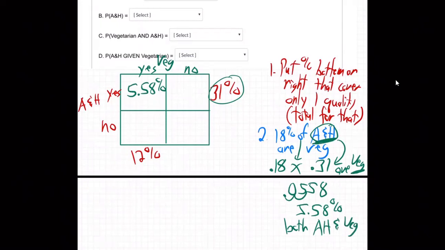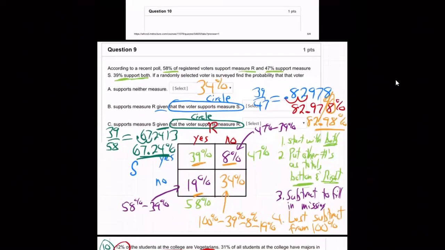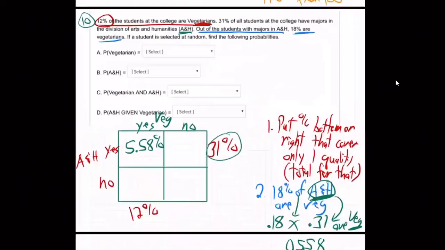I know that's a tricky step. Does everybody see what I did there? See how this is different than the other thing. So you might think, didn't they do that before? No. They didn't say of before. You look back here to one of the voters. See what they said here is different? They said 39% support both, not using the word of. That's just 39 both. Boom. That's yes, yes, 39. That's easier. But on this one, they used the word of.